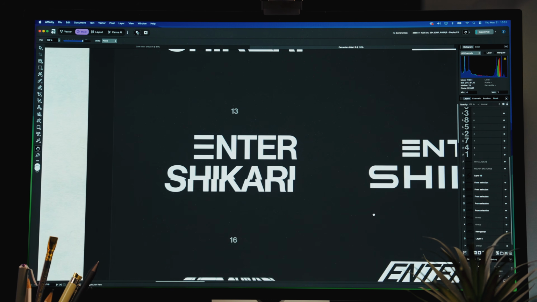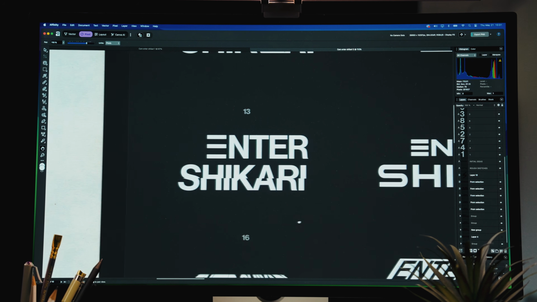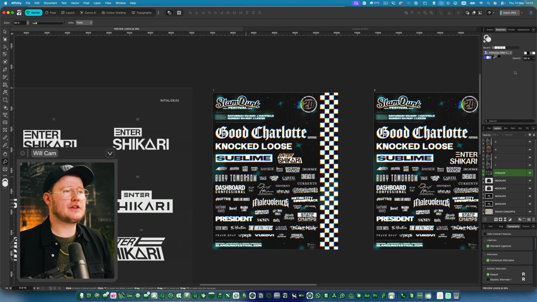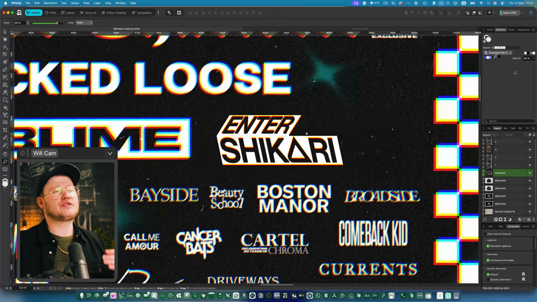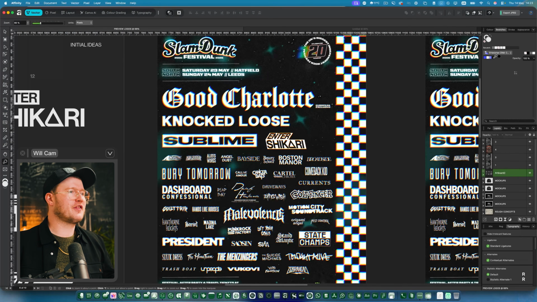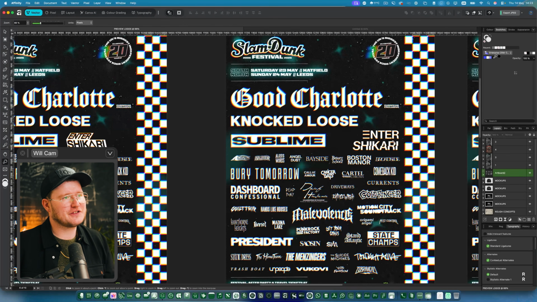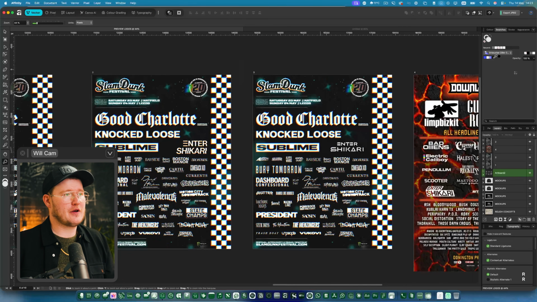Here's me breaking it up a little bit to create that little glitch effect, which I really like in their music. And including that, they gave me these posters that I was going to use to mock it up. So this is one of the looks of Enter Shikari there. Here's another one with all these different band logos. It was really important that their design sticks out in these posters because there's so many different logo types happening. It had to really stick out.